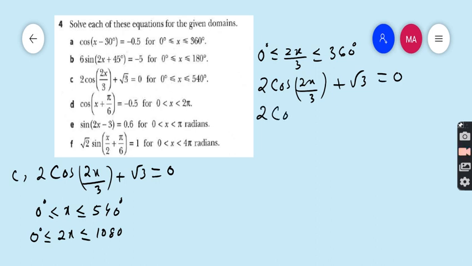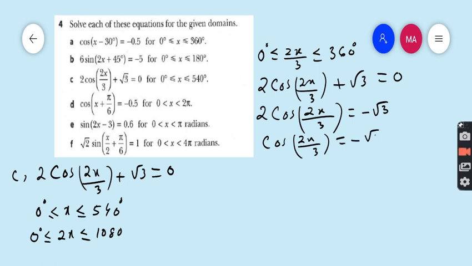2 cos 2x upon 3. Shift this root 3 to the other side, it will be minus root 3. So cos 2x upon 3 equals minus root 3, and this 2 is multiplied over here, so it should be divided on the other side. And now,